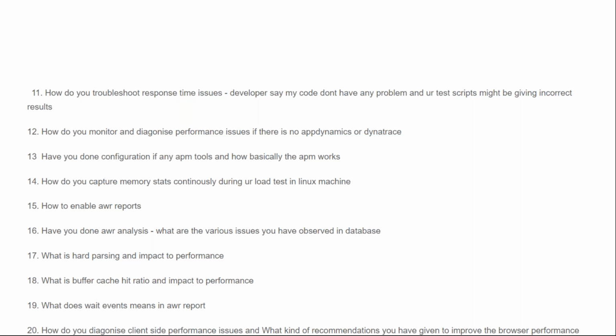What are all the things you will look into in the AWR report? What is hard parsing? What is soft parsing? What is the buffer cache hit ratio? What does wait event mean in the AWR report? Right? All these things are going to be common, and we will have very comprehensive sessions on database. One from the architecture perspective, how the Oracle process architecture works, how the memory architecture works, and we'll also look into real time. We will connect with the Oracle database. We'll enable the snapshots by running some commands against the Oracle database, and then we'll generate this AWR report, and then we'll look into all these hard parsing and buffer cache hit ratio.